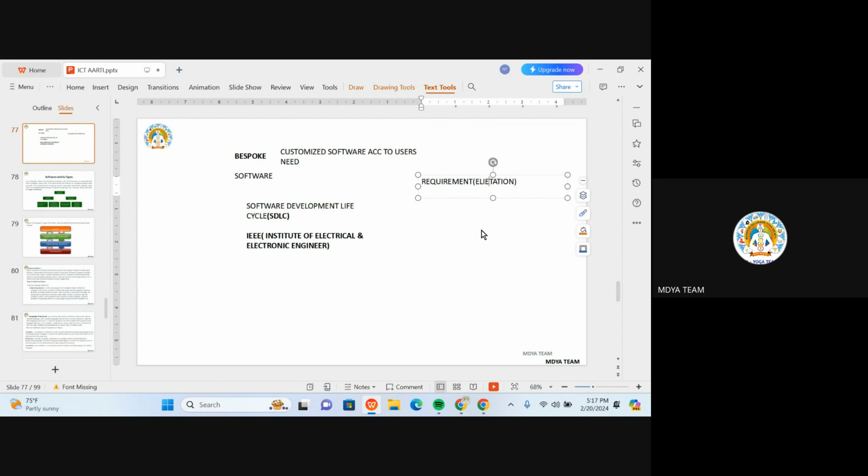Okay. Requirement means elicitation: gathering the user's requirement, what users want in his software. What is a user's requirement? Okay. Second is the feasibility study on that software. Feasibility. Third is the